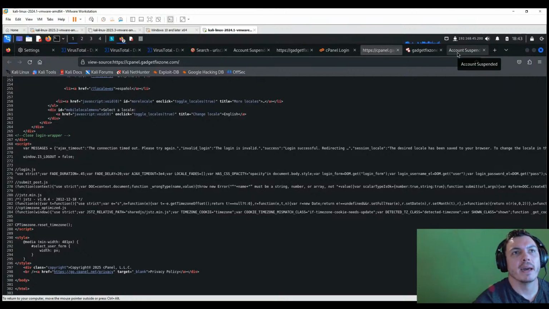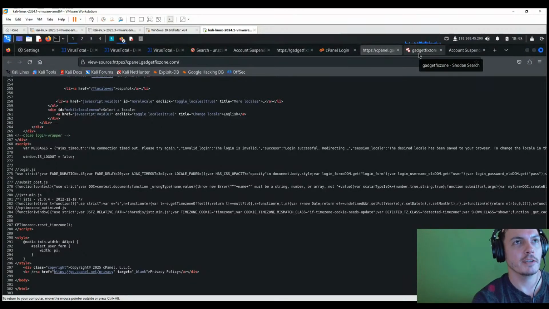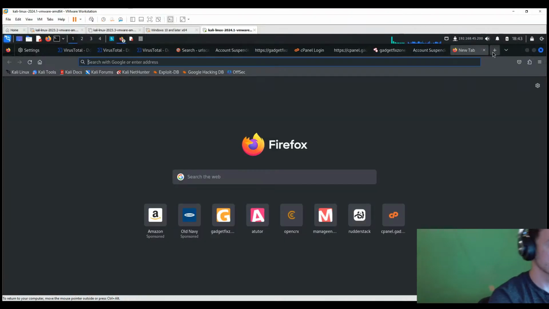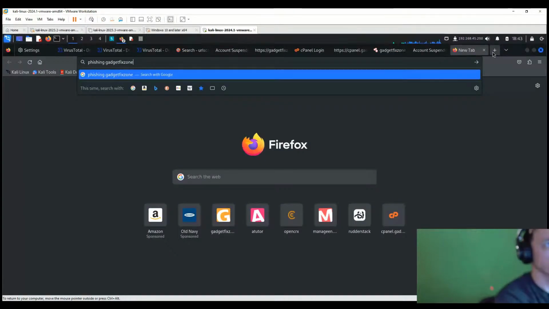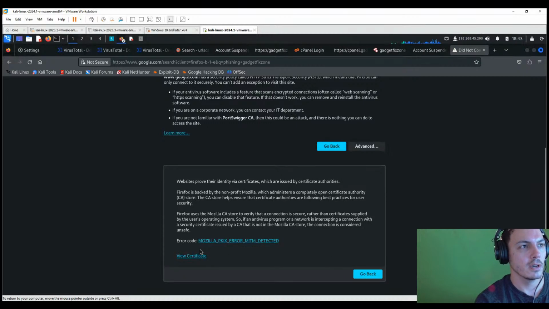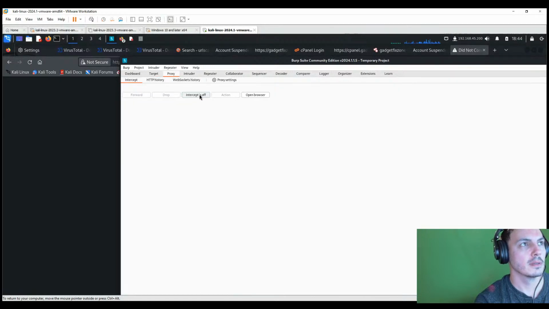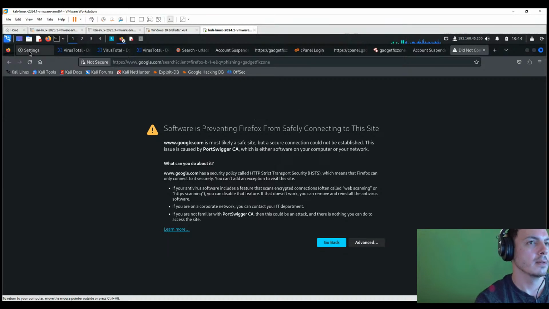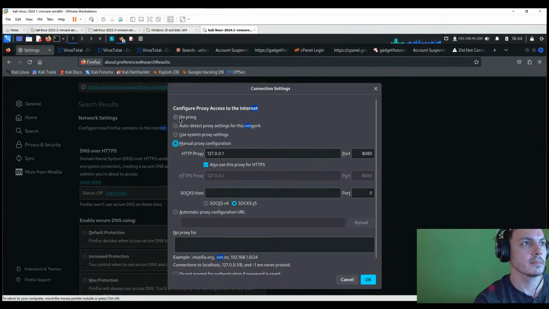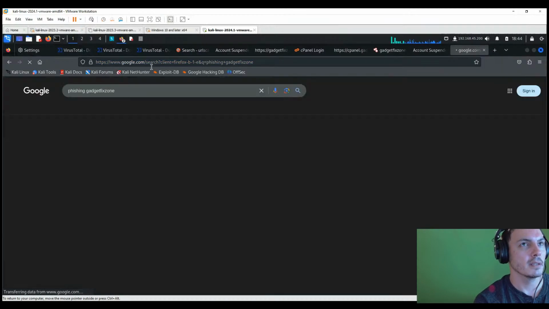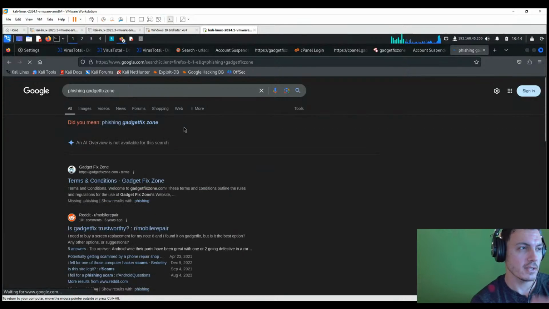So this baddie may have changed domains pretty quick. You can also do a quick Google, see if anyone else has seen it. This is just because I'm intercepting. Let me turn that off. I'll turn this off. It's just a pain clicking. I could modify settings to change that, but